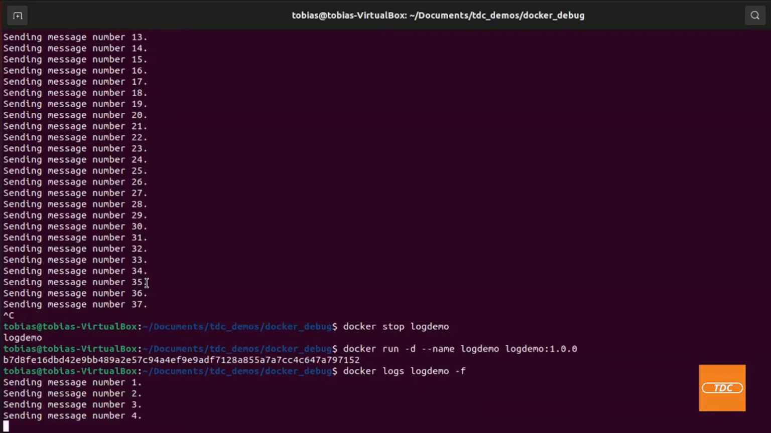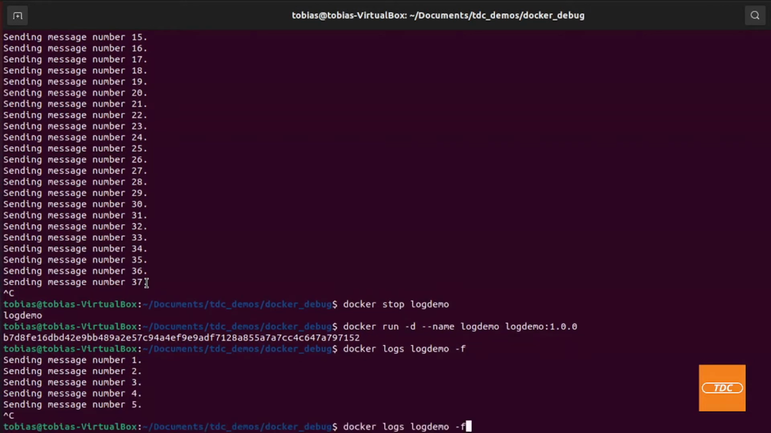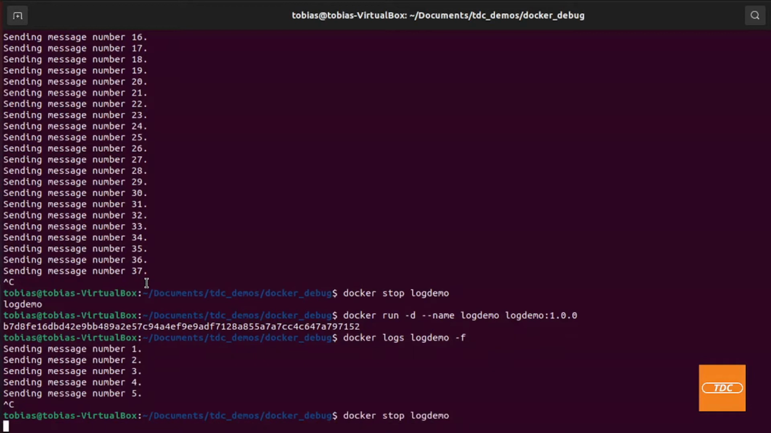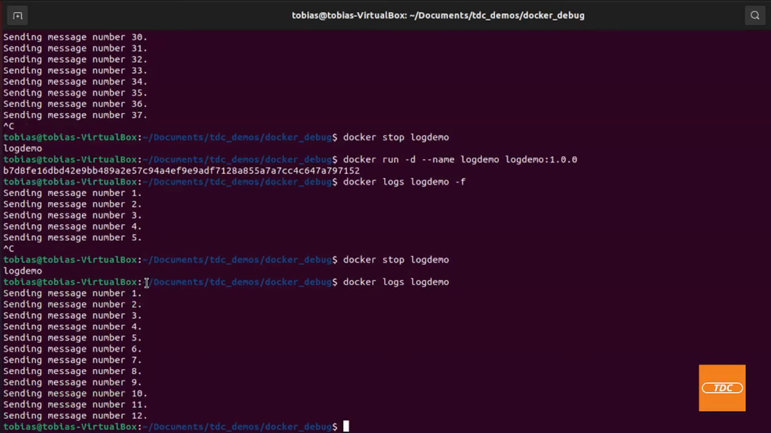Can take a look. So there's now 3, 4, 5, and so forth. If I now stop my container, and once it has stopped, because I did not pass the --rm in, the container still exists even though the container stopped, I can go ahead now and still take a look at docker logs log demo, and the